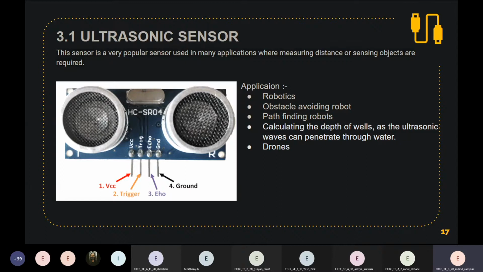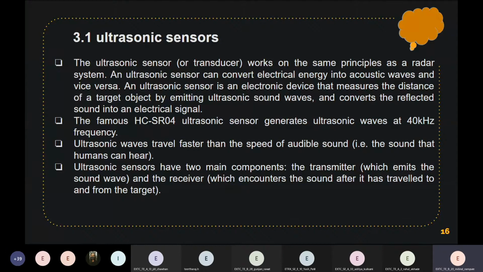Here we are looking at this ultrasonic sensor in front of me, as you can see. This sensor uses ultrasonic waves to measure the distance between the object and the sensor. The ultrasonic sensor works on the same principle as the radar system.